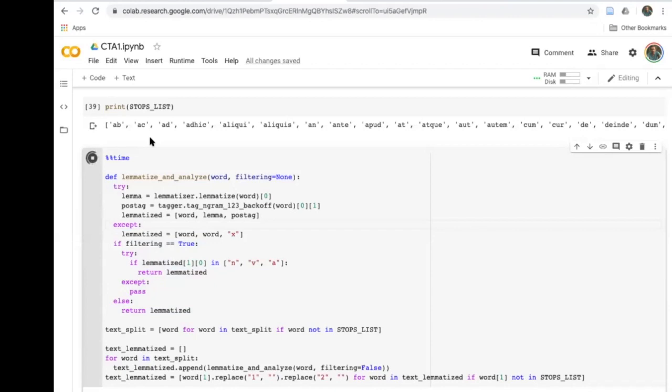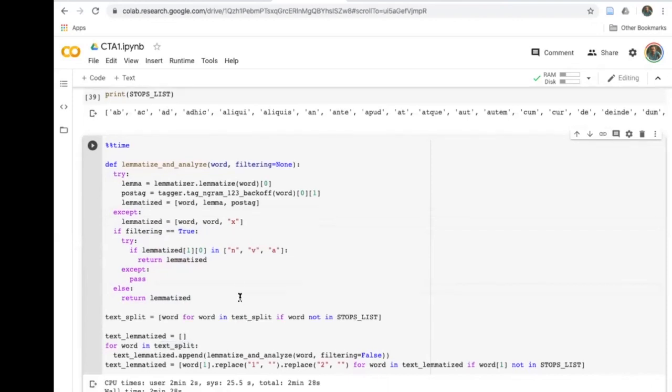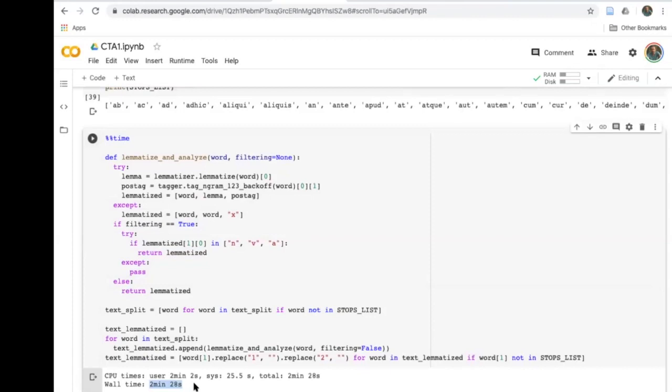Once you run it on your local machine, it's possible that it would be slightly faster, but my impression is that Google Collaboratory is fast enough for most of the things I do normally. You can also solve it by some parallel computing. So it took me 2 minutes and 28 seconds to lemmatize word by word a document consisting of